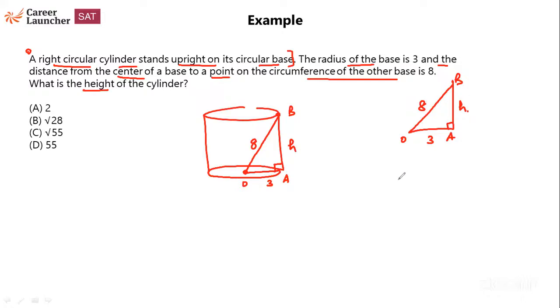Using Pythagoras theorem, 8 square is equal to h square plus 3 square. That means h square is equal to 64 minus 3 square, that is 9, which is 55. That means